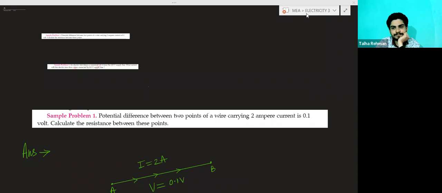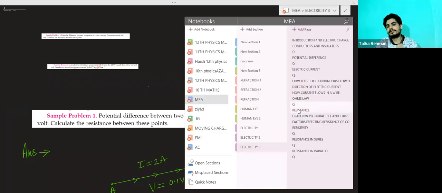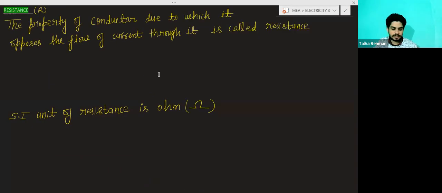So we did the Ohm's law. Now today we will study the resistance. Basically in wires or in conductors, there is a property due to which there is an opposition to the flow of current. That property opposes the flow of current in the wire, and that property is known as the resistance of the wire. The more the resistance of the wire, the less current will flow in that wire. So resistance is the property of a conductor due